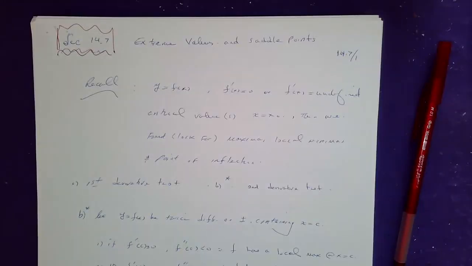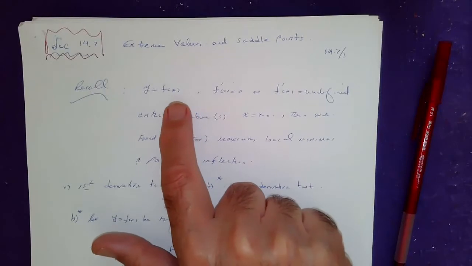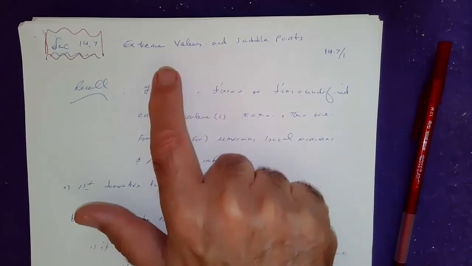Section 14.7, extreme values and saddle points. In other words, we like to find the absolute maximum or minimum, or relative maximum or minimum, and ultimately do word problems called optimization problems. If you recall from single variable functions, if you were trying to find the extreme values of